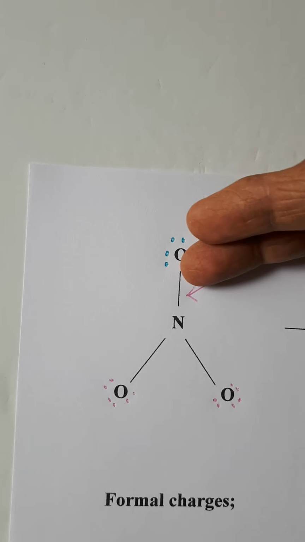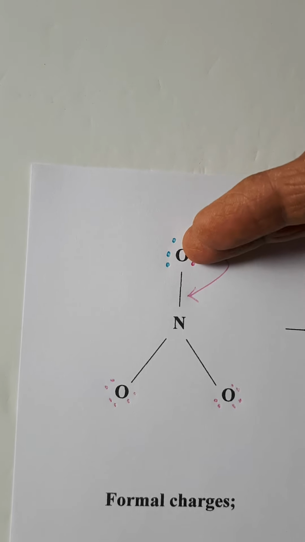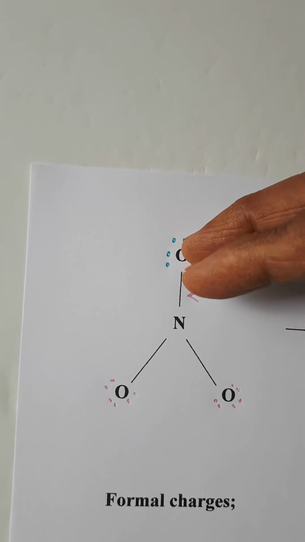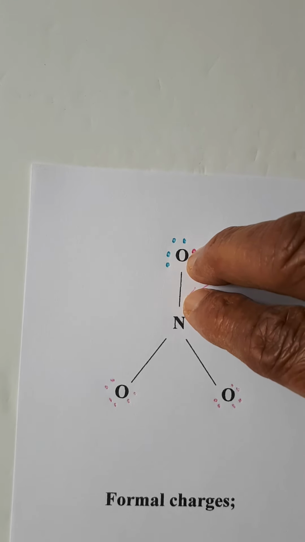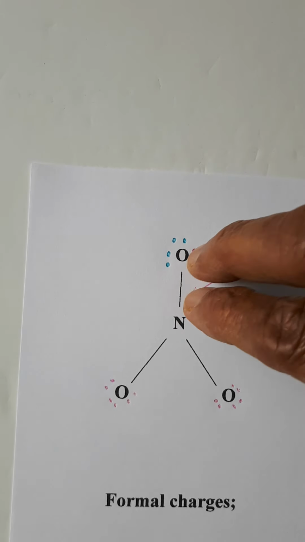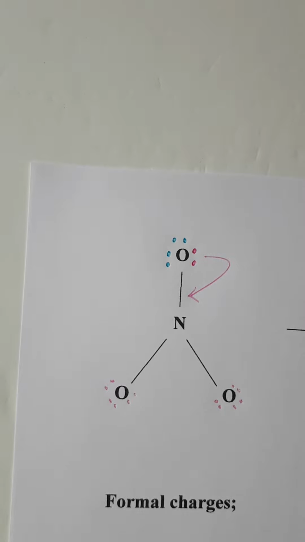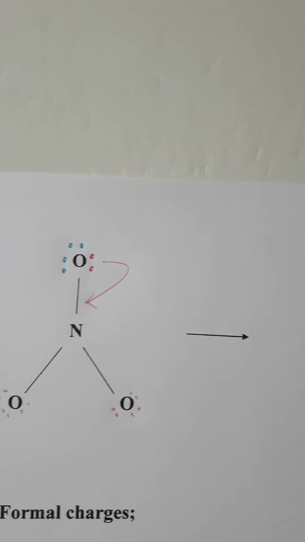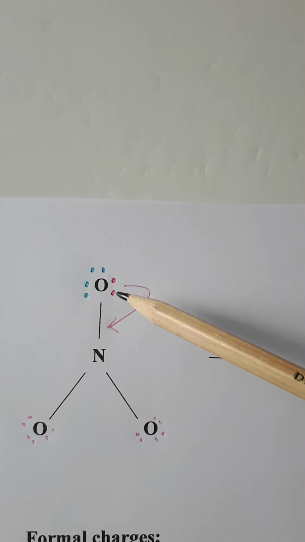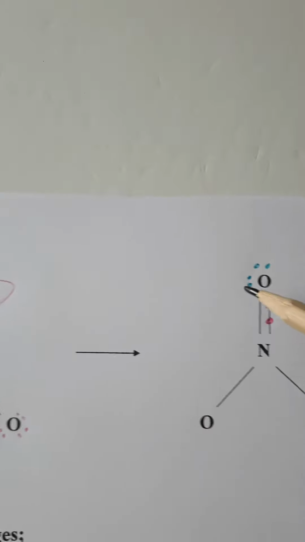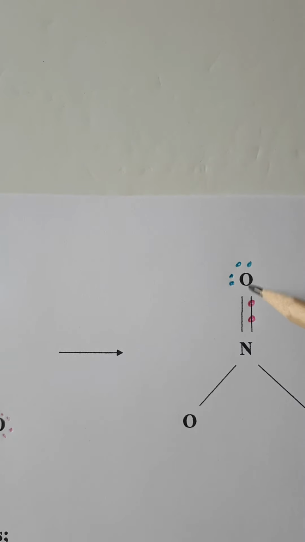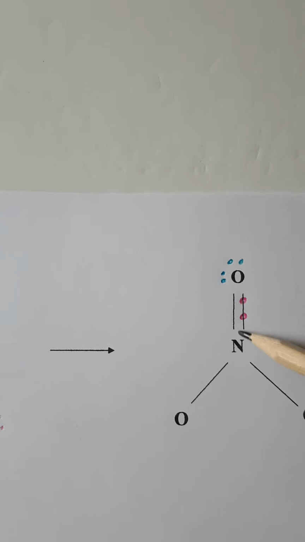It was here. 1 electron already belongs to oxygen. The other electron will come to the middle to make one more bond. You will see it here. 1 electron already belongs to oxygen, so it is with oxygen. The other electron is coming down here. Now we have a double bond.